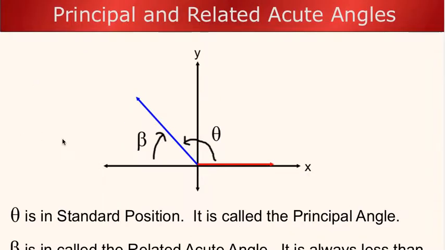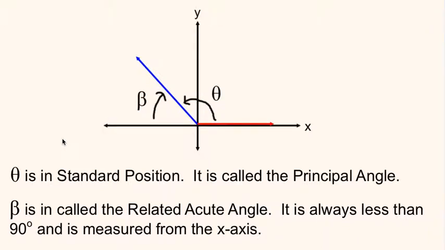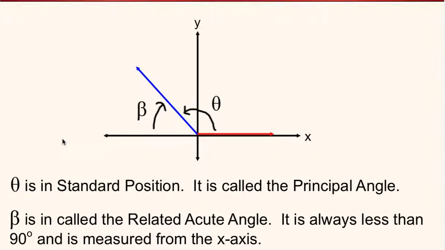So let's look at what happens when we go past the y-axis and create an angle bigger than 90 degrees. Here we're going to use some other terminology too. That theta, the angle bigger than 90 degrees, we call the principal angle. It's the one we're looking at, the angle we're measuring. It's in standard position, from the initial arm to the terminal arm. That's theta. But notice, when that blue line comes across and creates this big obtuse angle,